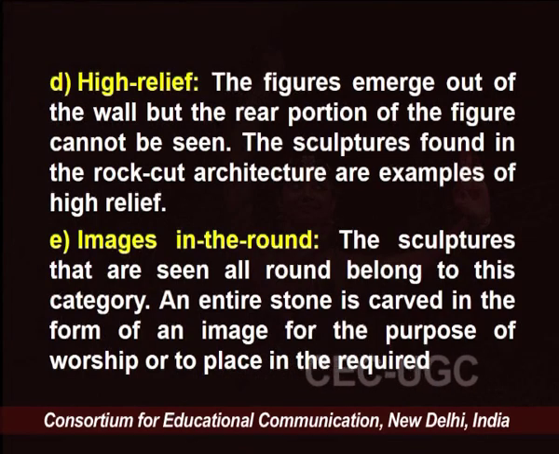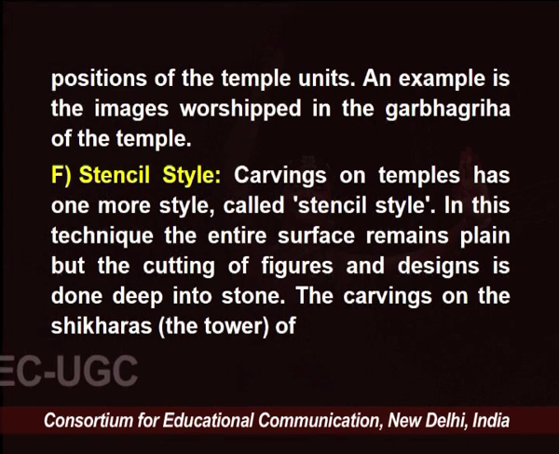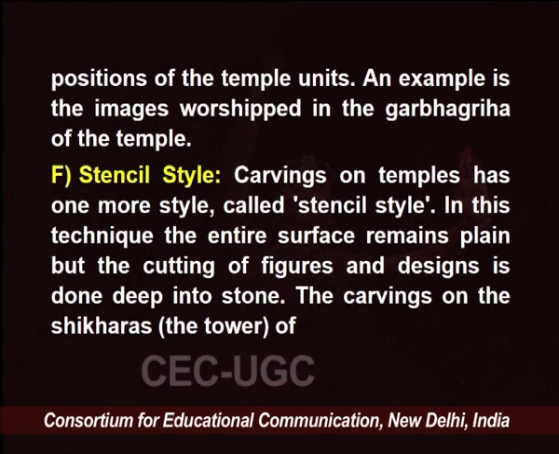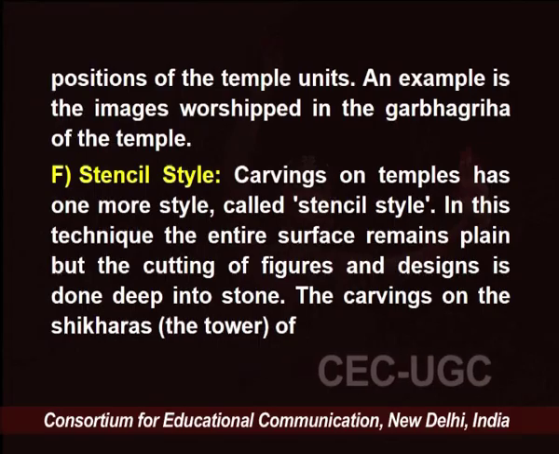In images in the round, the sculptures that are seen all round belong to this category. An entire stone is carved in the form of an image for the purpose of worship or to place in the required positions of the temple units. For example, the image worshipped in the Garbhagriha of the temple,